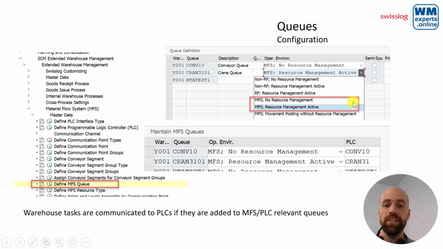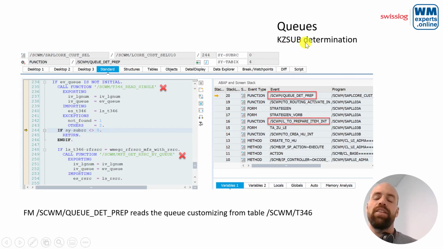Just one more thing. In addition to the relevance, you also assign the PLC as such to the queue. And we will get to the PLC in the next slides, but for now, remember that warehouse tasks are communicated to a PLC in case the queues are flagged as relevant for the MFS, for the subsystem. And the PLC as such is also directly assigned to it. KZ sub is the field in the warehouse task data which is relevant to flag and identify a task as being